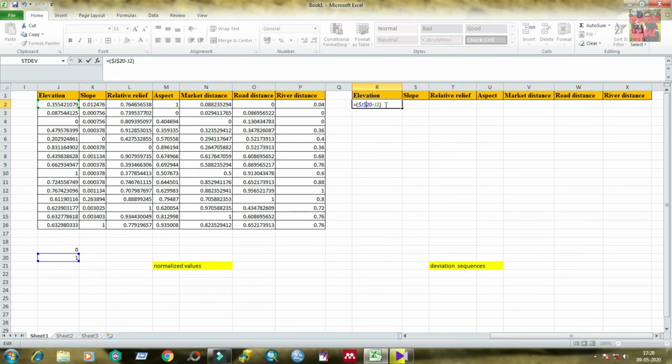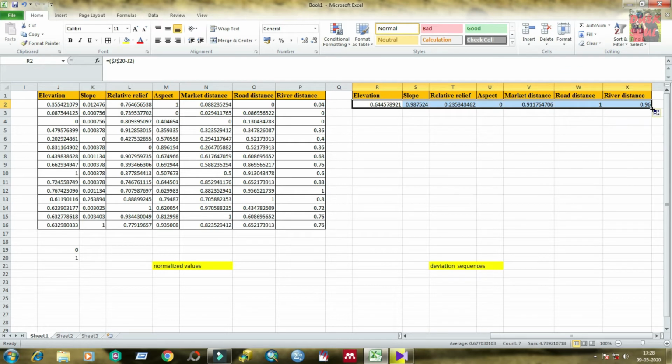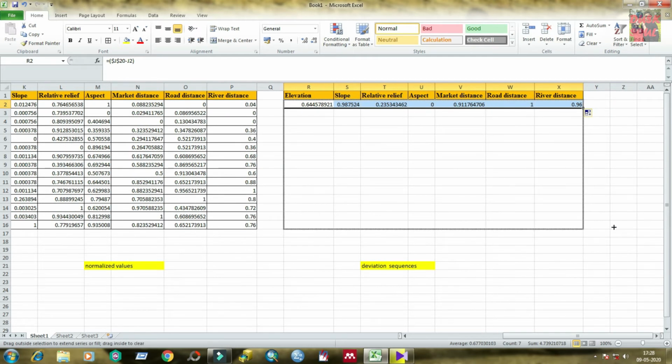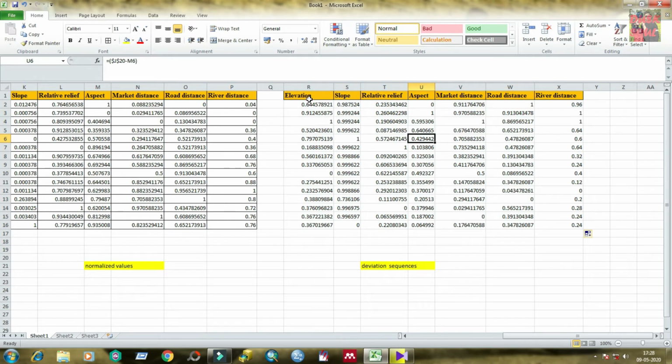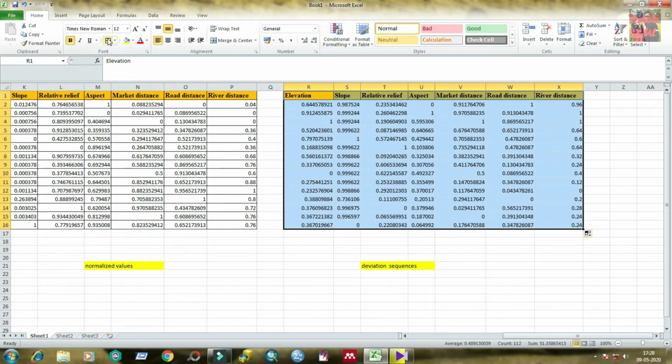Then I am going to insert the dollar symbol, then drag it rightwards to calculate the rest. You can see that deviation sequences has been calculated.